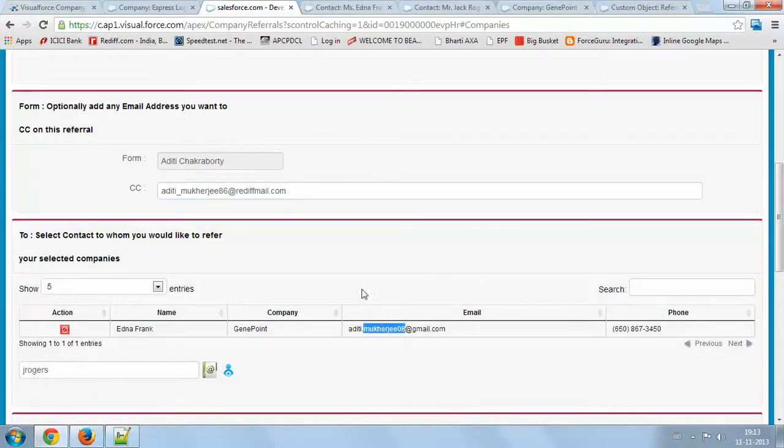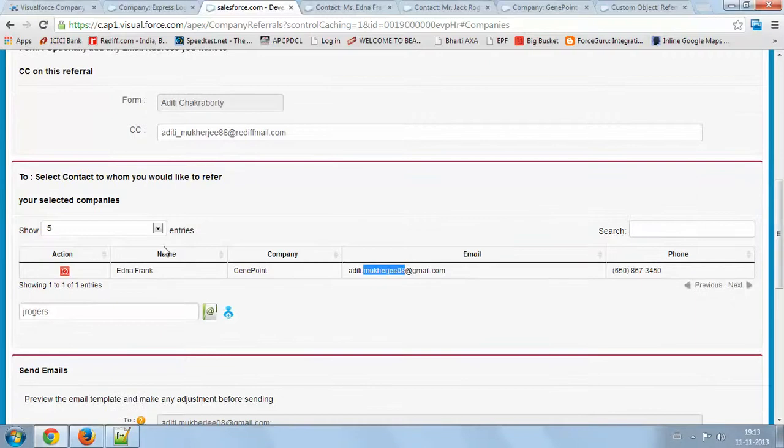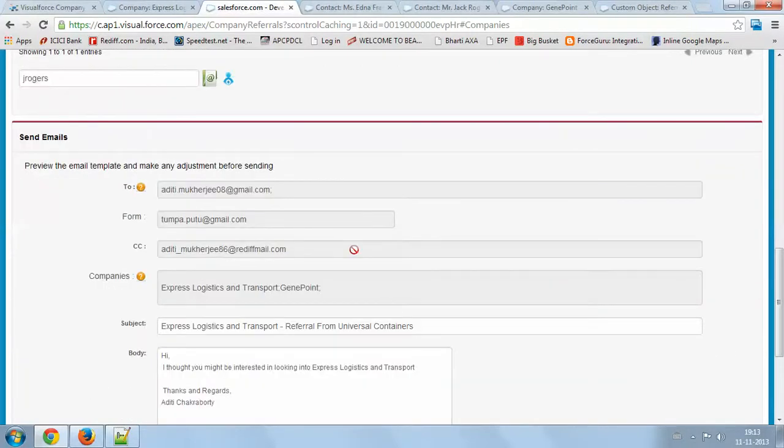Now you can see the to section, which is for adding contacts. Now you can see the send section. The section is the same as the wireframe given; the default values are coming from the custom label.